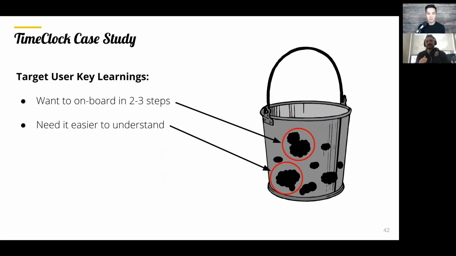And they needed to be easier to understand, simplify the terminology, simplify the steps, take away the clutter, really have them hyper focus on the step they need to be doing. And so this is how, again, prior to going back to concepting, we want to think about what is the low hanging fruit? What is the easiest non-technical way that we can plug these holes to start to just validate that these are the holes that we need to be plugging.